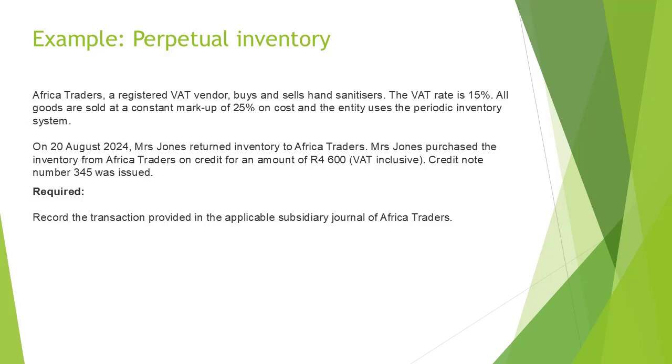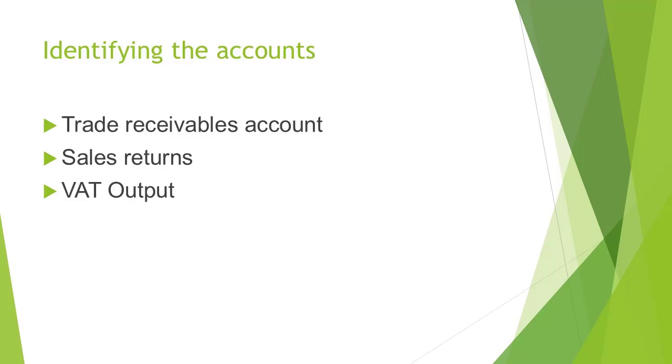We are required to record the transaction provided in the applicable subsidiary journal of Africa Traders. Since a debtor is returning inventory previously sold on credit, this transaction will be recorded in the sales returns journal. The first step is to identify the affected accounts. The first affected account is the trade receivables control account, since the inventory being returned was previously sold on credit